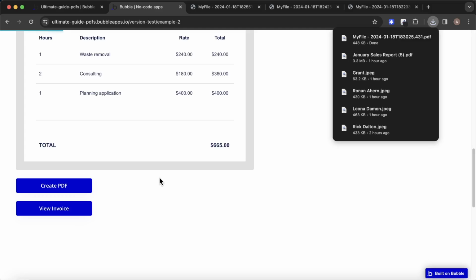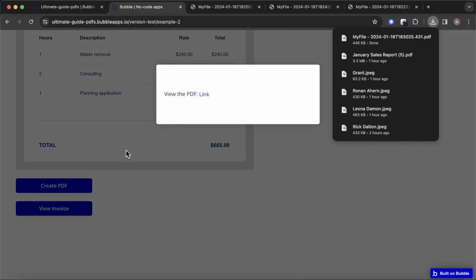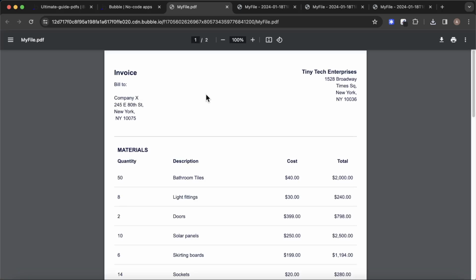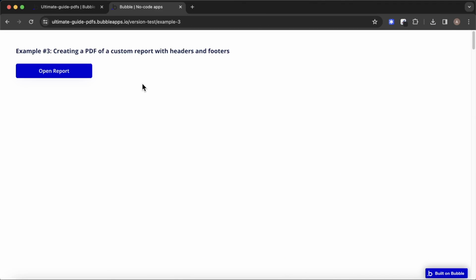You can see it's been saved to the database, and then a pop-up gets presented, and we can click on that, and that's another way to allow users to access the PDF that you've generated. The final example we're going to go through is how you create a PDF of a custom report with headers